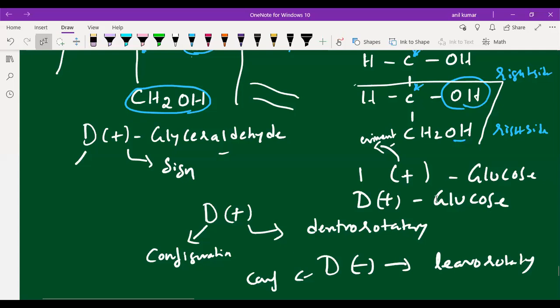Next. Okay, students, now let us go to the other structure of glucose. Now I am going to discuss the cyclic structure of glucose. Very important. You might have asked one question: what is the need to discuss the cyclic structure of glucose? Already we have discussed the open chain structure of glucose in yesterday's class. Why do we have to learn two structures? For a compound, how is it possible that there are two structures?